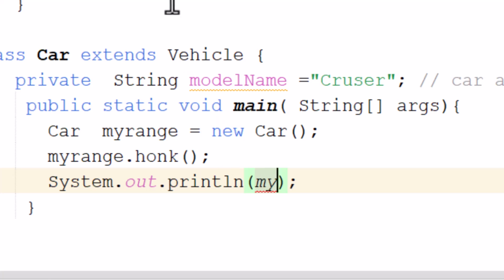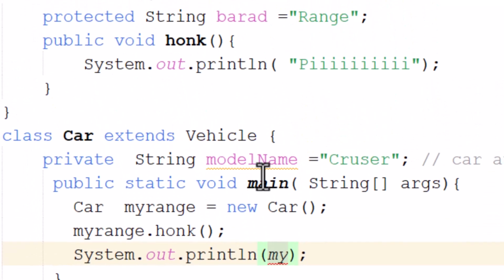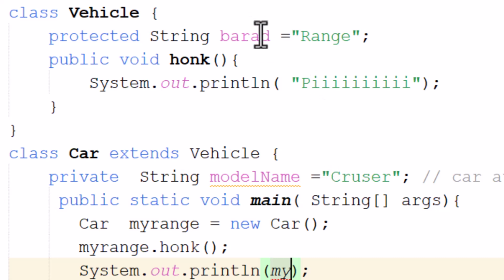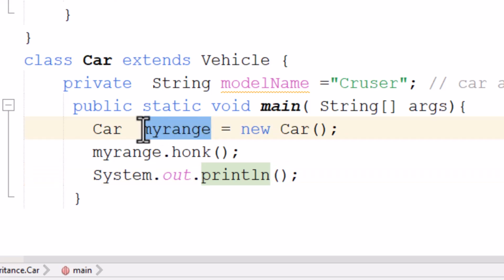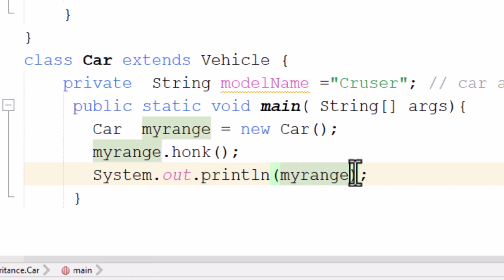Let me just call this brand. Okay, so let me just add it in here, so I can come down here and do like this. My car, which is my range here. Control copy. So my range, then dot